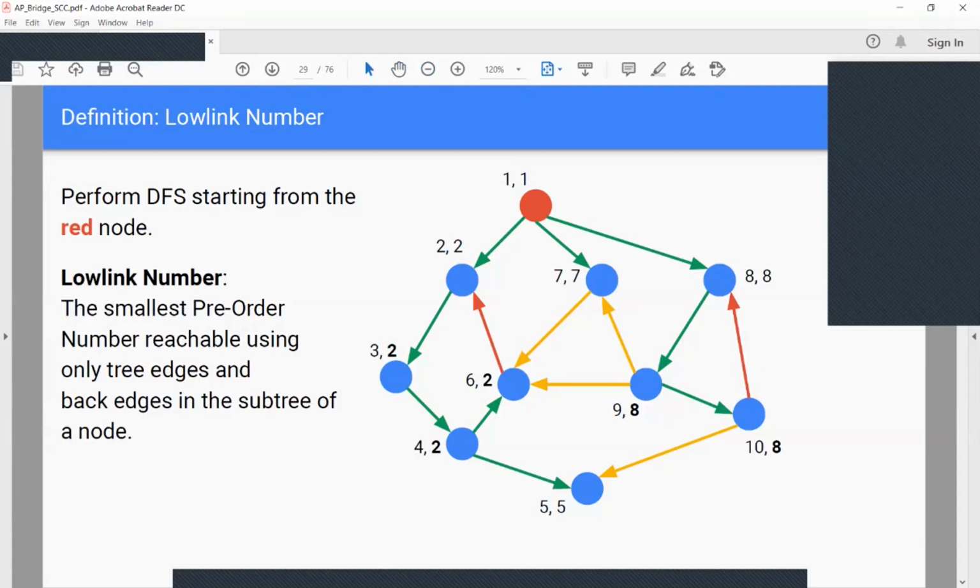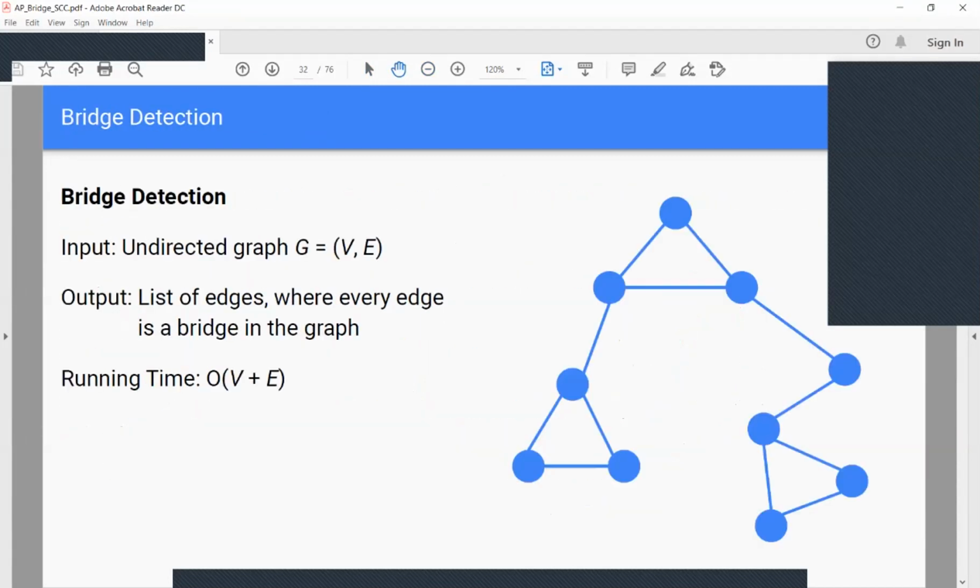So with this intuition, you should think of a bridge as an edge where there's going to be a bottleneck somewhere. That bottleneck means I can't go further back up the DFS tree, as you're going to see. So what do we do? If I tell you I want to detect bridges, to list out all the edges that are bridges, and I tell you the runtime should be V plus E,